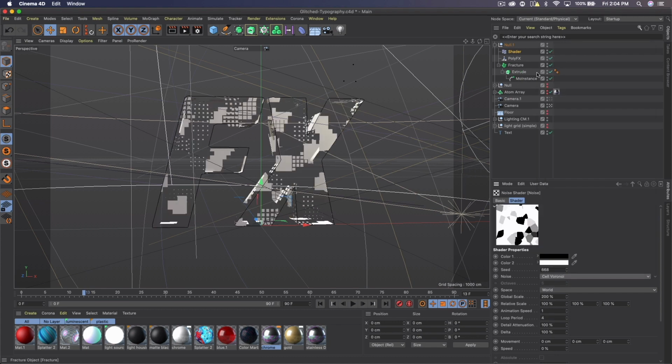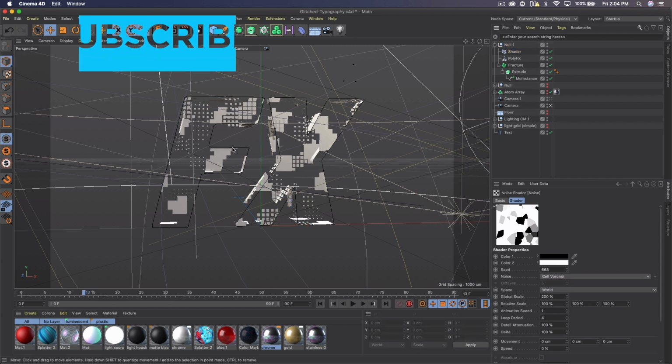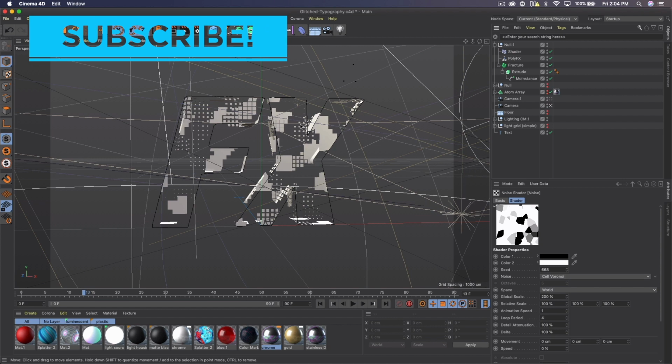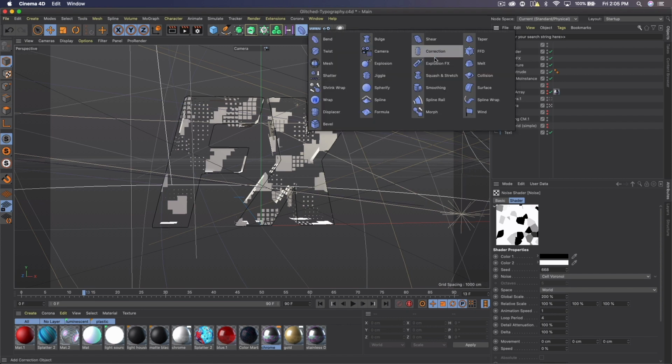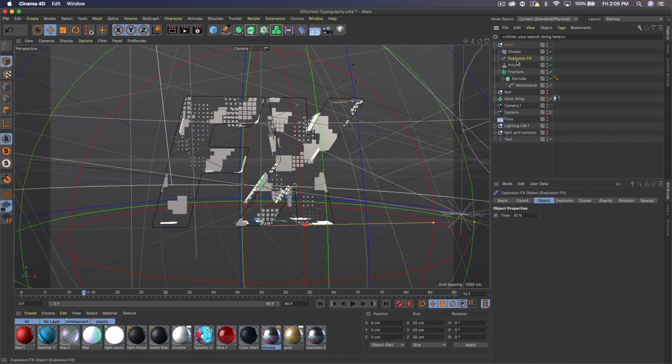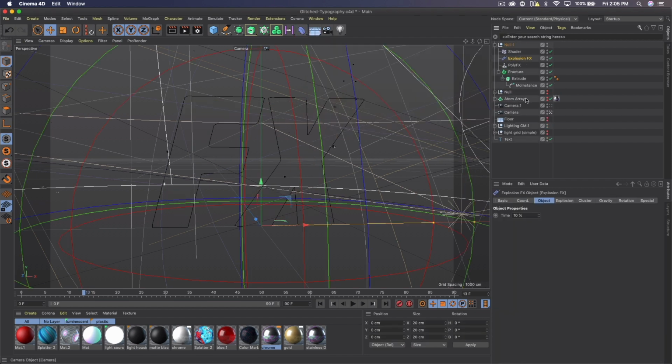The last thing we're going to do with this null is add an explosion FX. And the reason to do this is because all these shapes and polygons right now are very thin. There's no real thickness to them. And you can actually use the explosion FX right here. Drop that in below the shader, and it'll disappear for now, but if we just turn everything to 0, so